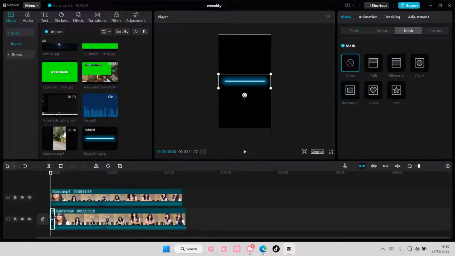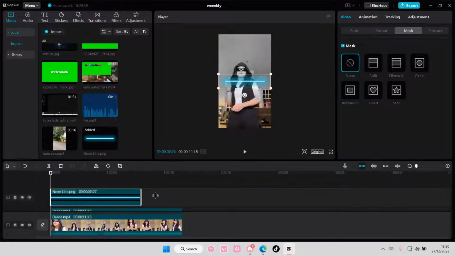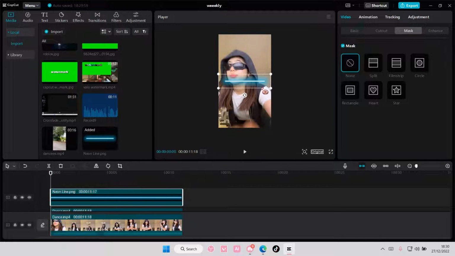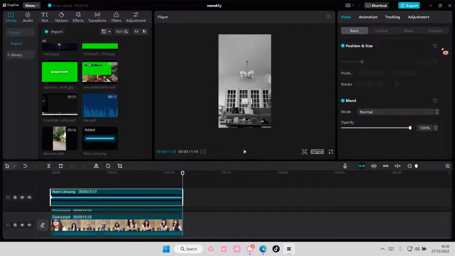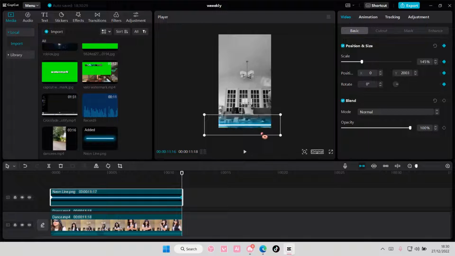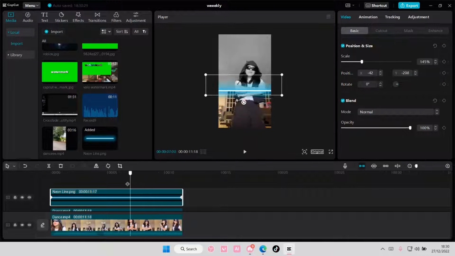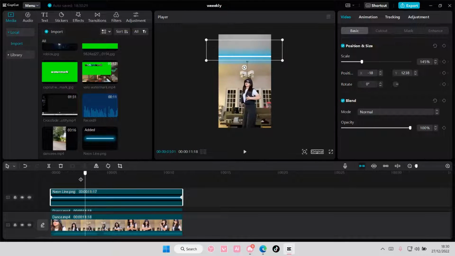Then I'm going to add in a neon light on top of these two videos. Just going to adjust it, and I'm going to go to basic and add a keyframe and move it so it's not seen, and then I'm going to add another keyframe here and move it down here, and hopefully it goes together with the mask. I think it does, honestly,